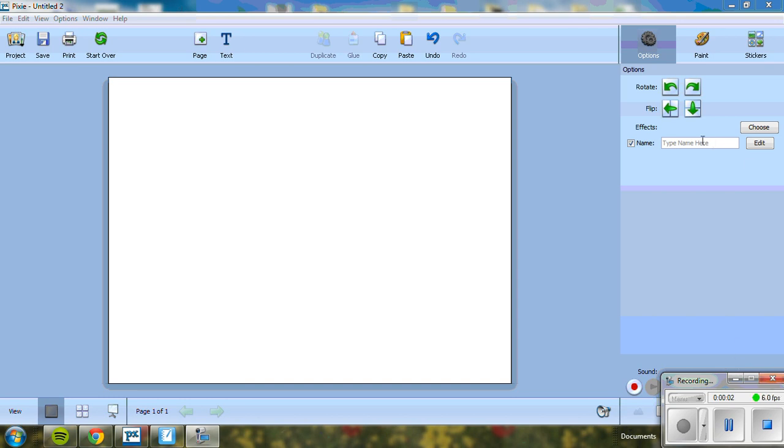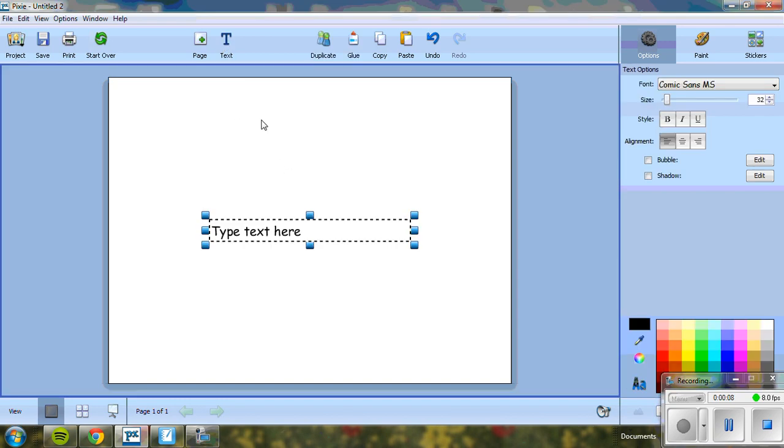Good morning. I'm going to show you how to format text in Pixie. So the first thing you want to start with is your blue T up top. It'll add a text box. I'm just going to type in the title. So I'm going to be doing multiplication strategies,